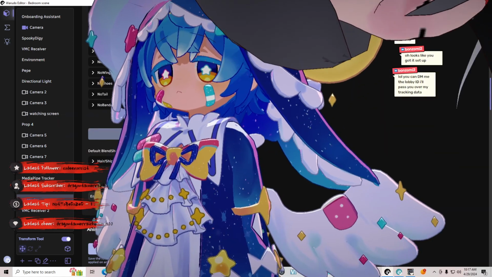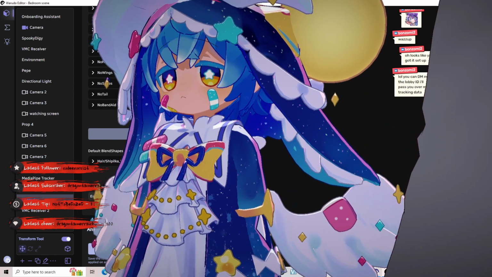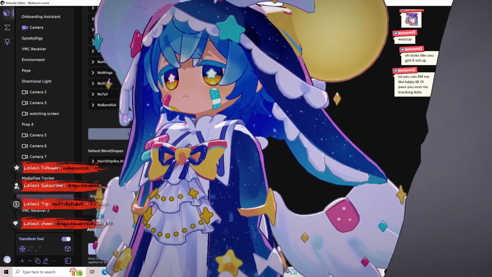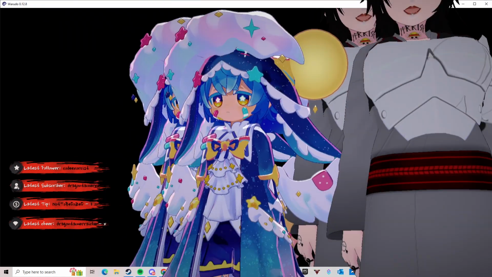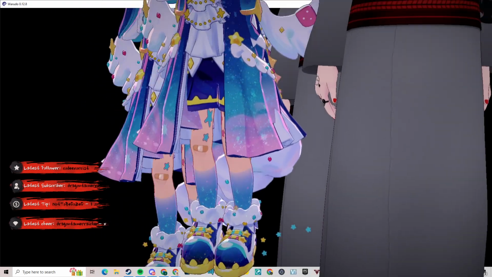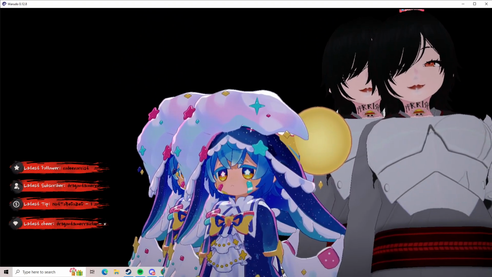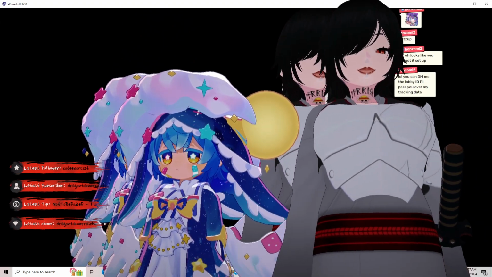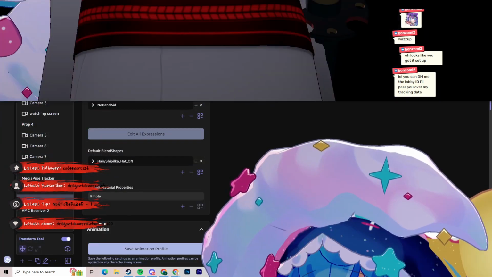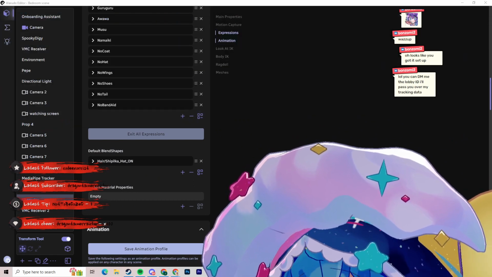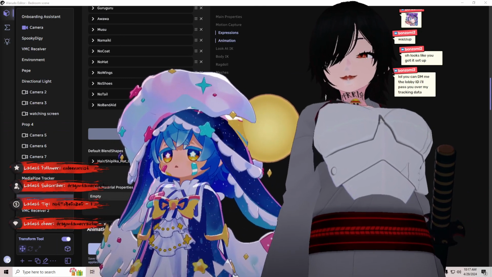Now, this model has the VRM. It has 20 of the ARKit blendshapes. Do you think that running 20 instead of the 52 is causing the issue? Because we've tested this before and it worked fine on their side with Warudo a few hours ago. Okay, give me a bit.